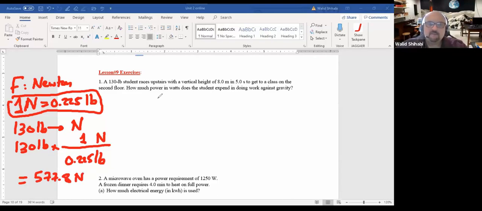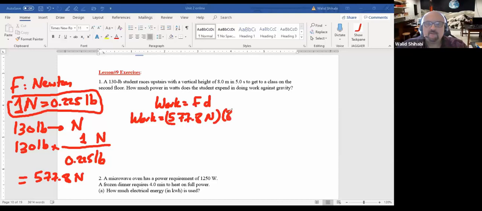You can calculate the work. So work is force times distance. So work will be 577.8 Newton times the distance, which is given to be 8 meters. And if you carry out the calculation, this will give you 4,622 joules. And then to find the power